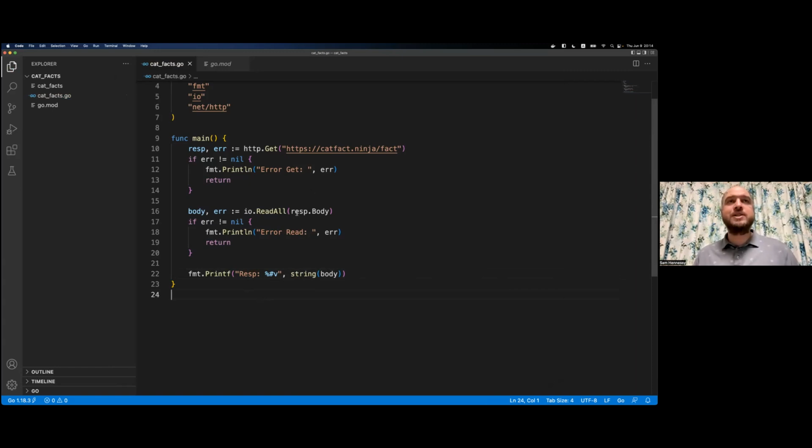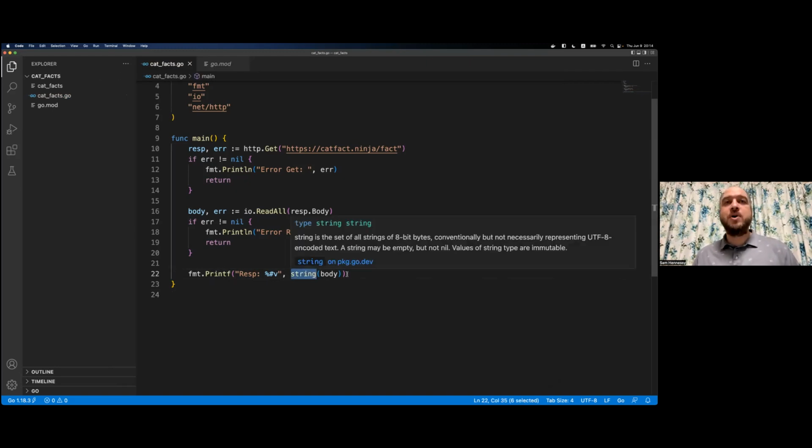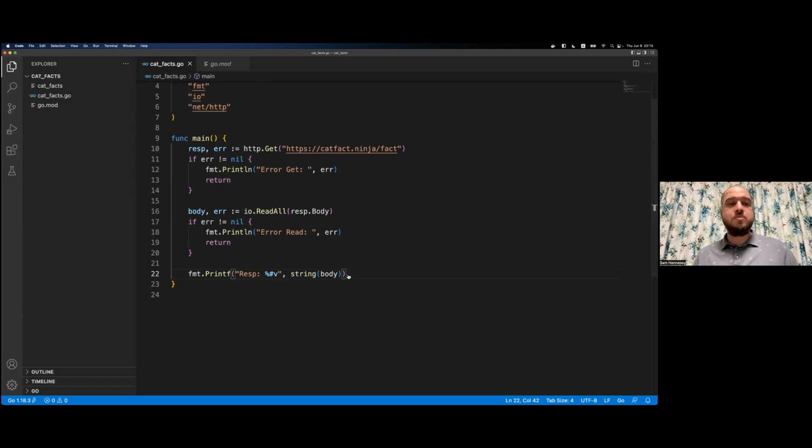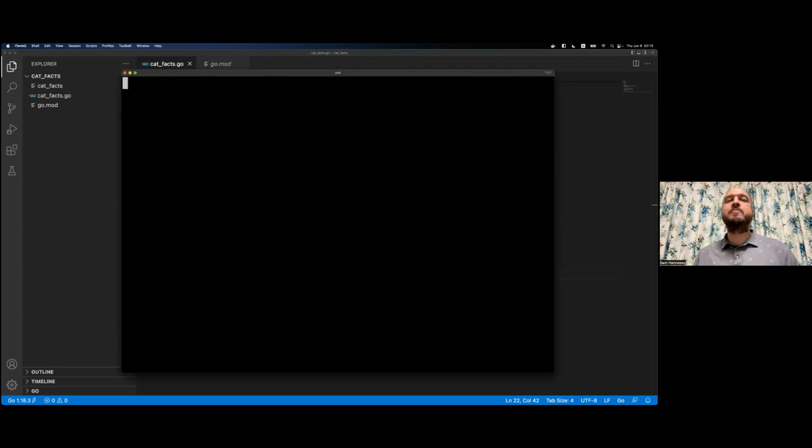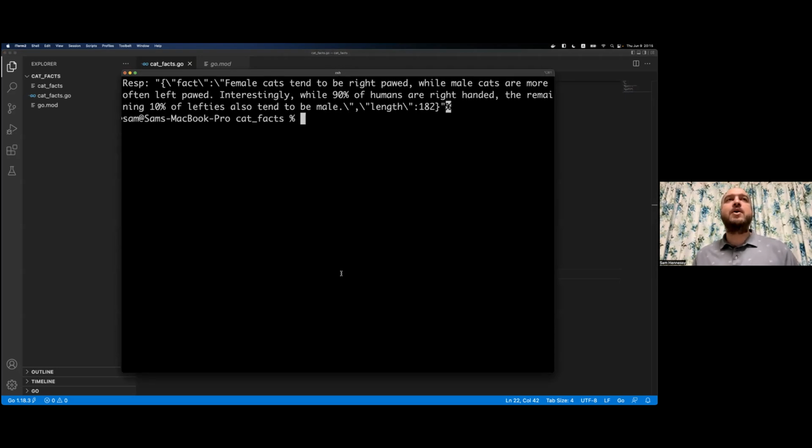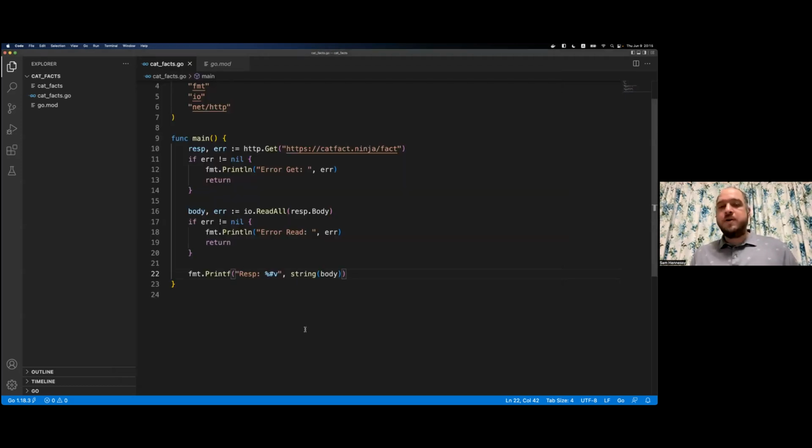So now we've got the same code as before, and we've just added string and parentheses around the body. We're going to print that out. I'm going to run that. So clear, build, run. And there we go. Here is our JSON data. It's actually there for us to use. So that's fantastic. Now, what we need to do is decode that value. So Go has a JSON